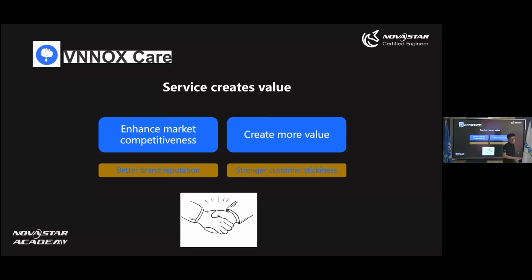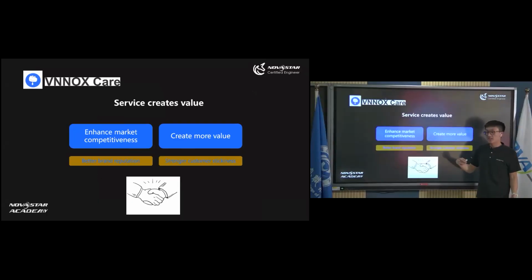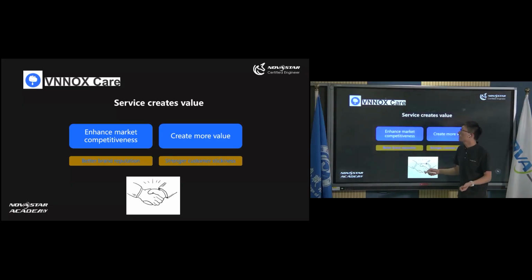Okay. With Windows Cares, I think it's much better. It is very good for connecting with the customer, and your project will be even more successful. It will enhance market competitiveness and create more value. It will strengthen your customer stickiness and improve brand reputation. And then, after all,